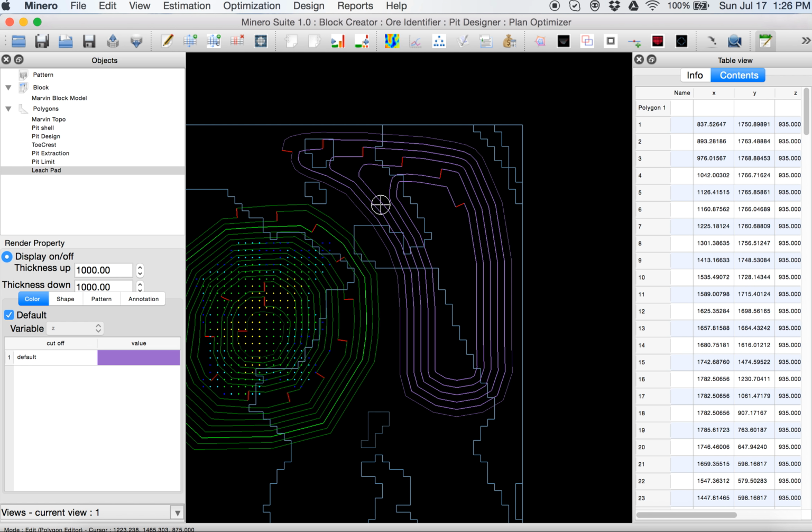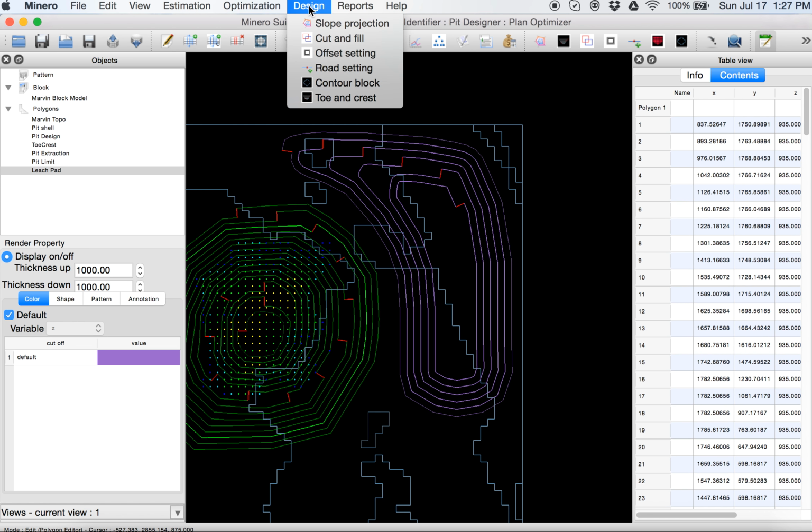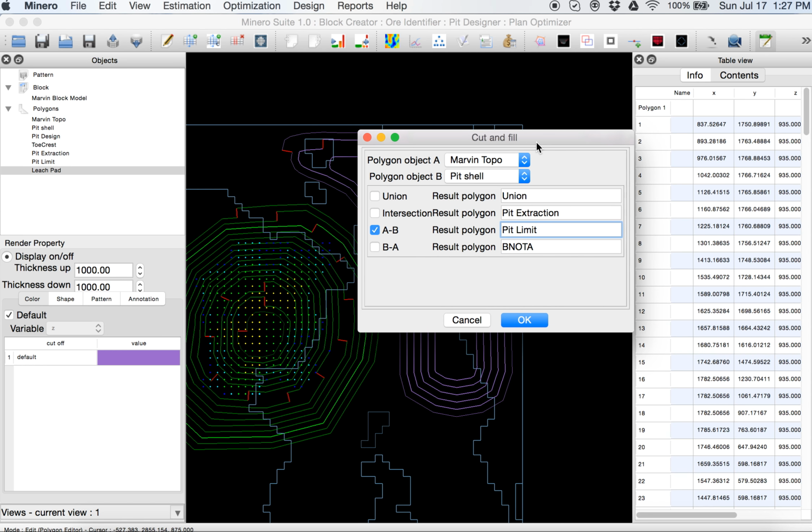In fact, if we want to create in-progress maps, or the final map, so far we have the pit limit. I can have pit and path limits, including this. So it's a matter of using design tools, cut and fill. Now we have the pit limit and we have the leach pad.